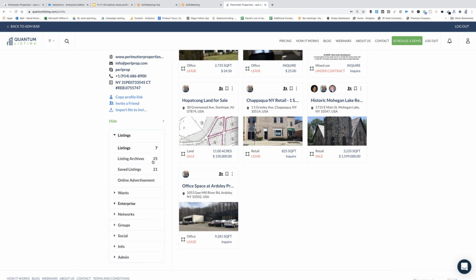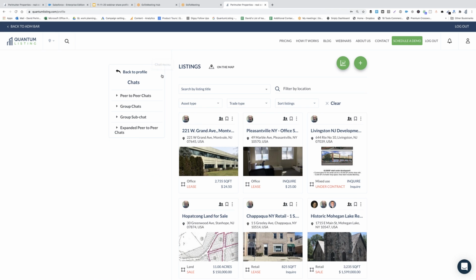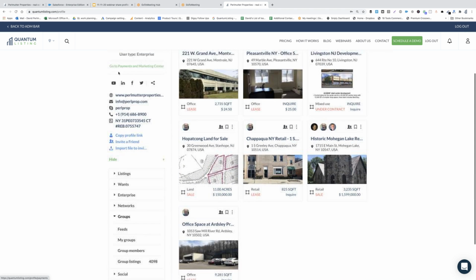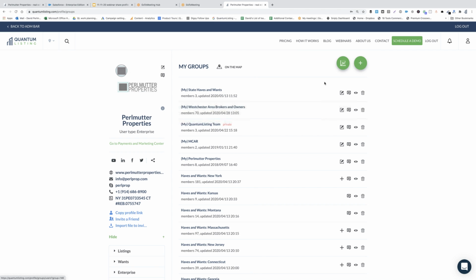It's still copied on my clipboard. So now what I'm going to do, there's two ways I can get to my groups. One is the chat menu. I go to group chats that way, and I can pick out whichever chat. If I just want to send it to one person who I'm chatting with, I can do that as well. There's a few different types of chats. Or I can go here to groups and go to my groups, and I'm going to